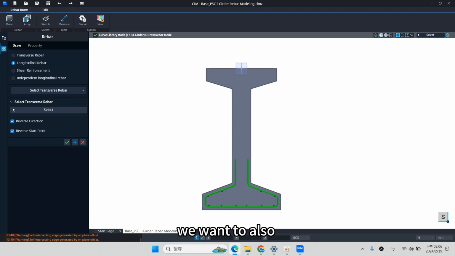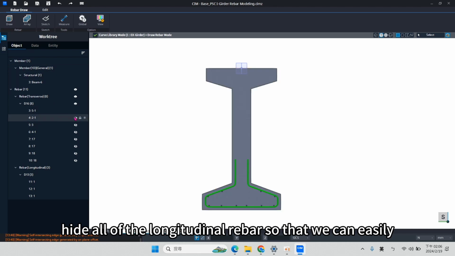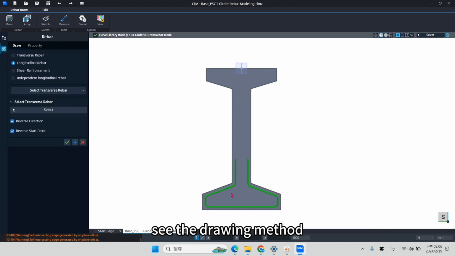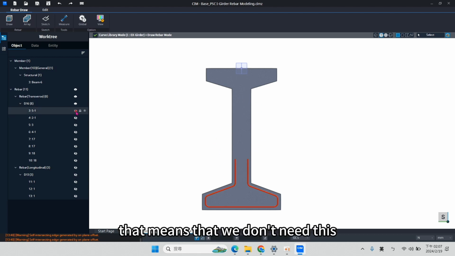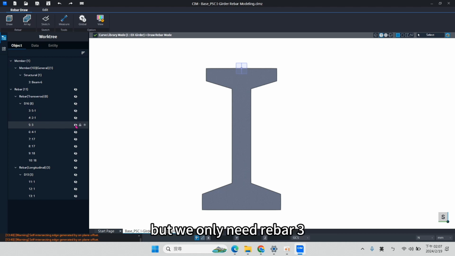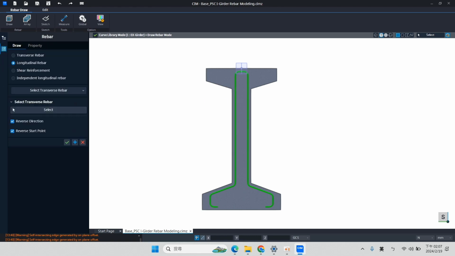We want to also delete all of the longitudinal rebars, so that we can easily see the drawing method. And because, as I said before, we want to select the rebar on the web, that means we don't need this, we only need the rebar tree. Okay.